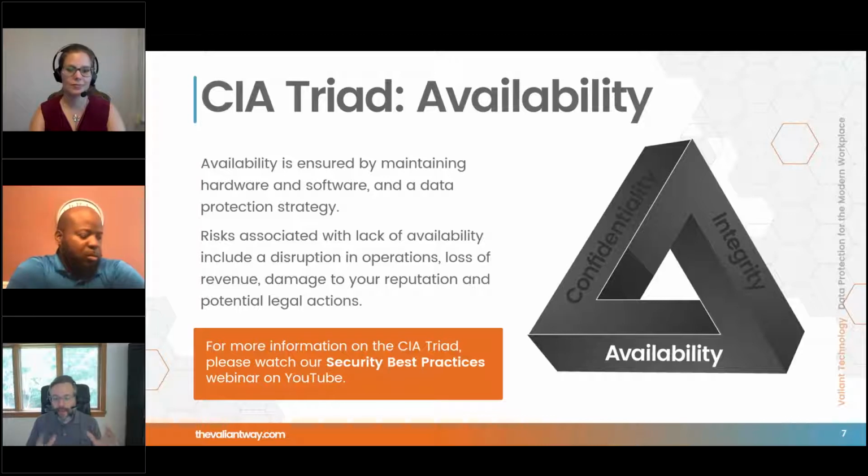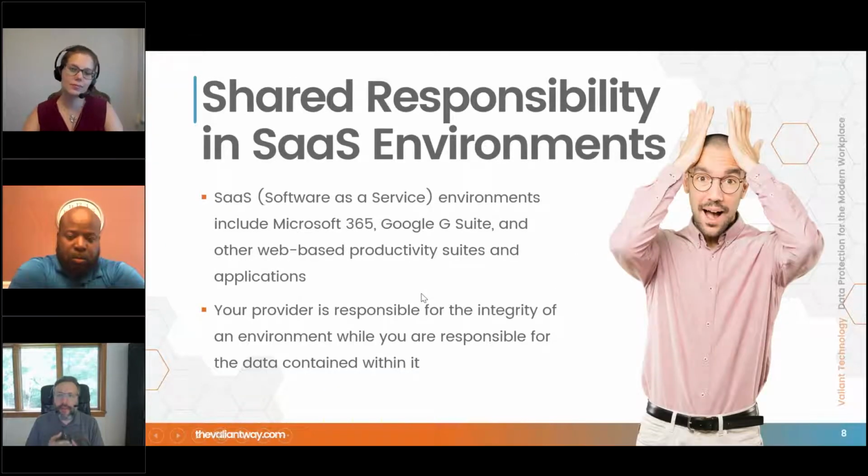We're not going to go too deep into this CIA triad. We have a great YouTube on that, our security best practices, but just keep in mind that data protection falls into the availability section. So how does this matter in the era of the cloud, when I have my data up in Office 365? I think our great partner Dad is going to dive deeper into this,